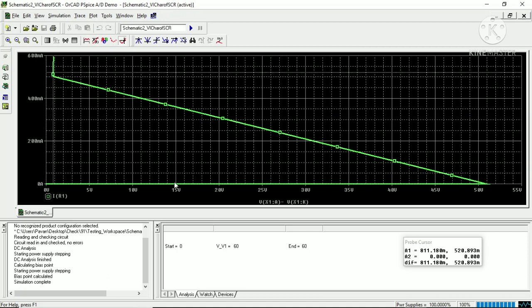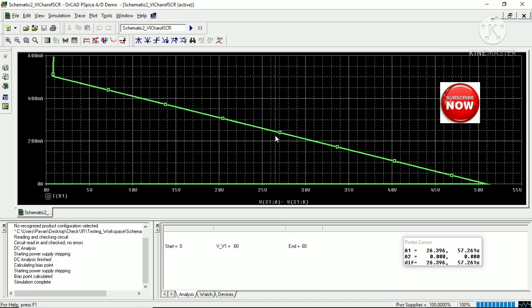And how to plot it manually on graph paper? For that you require the anode current axis and the anode to cathode voltage axis of the SCR, with scaling made properly as per the requirement. You can drag this toggle cursor and take different point values, like here, whatever squares are made, and note down 3 or 4 points.